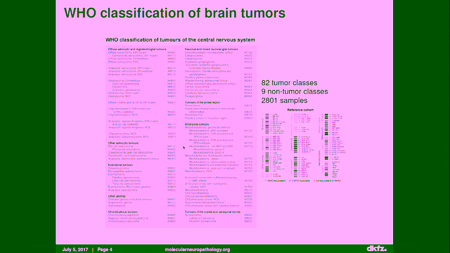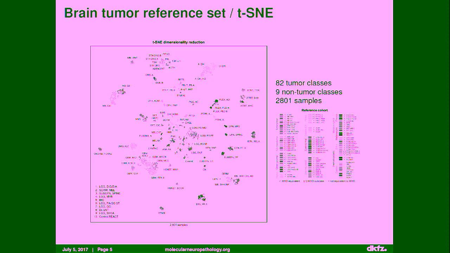This is the current WHO classification of brain tumors that enlists roughly 100 entities of brain tumors, and we have compiled a reference set of 3,000 samples of methylation data of brain tumors that cover 82 of these classes, and we've performed a nonlinear dimension reduction with this data set, and this is the scatter plot result showing that these classes can be clearly separated